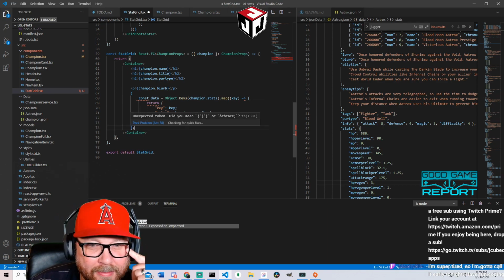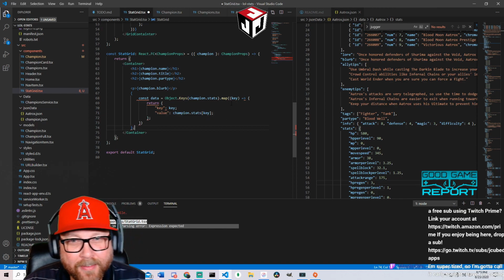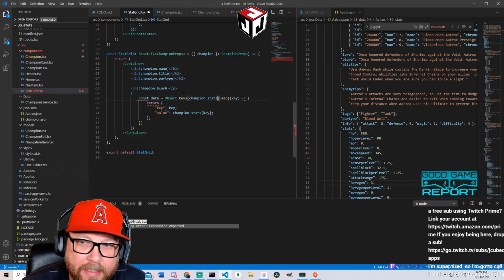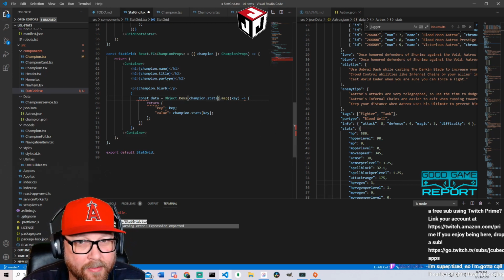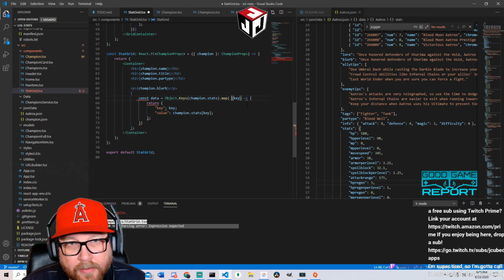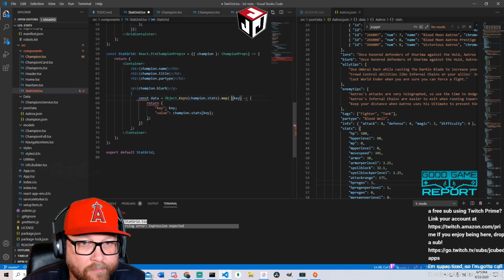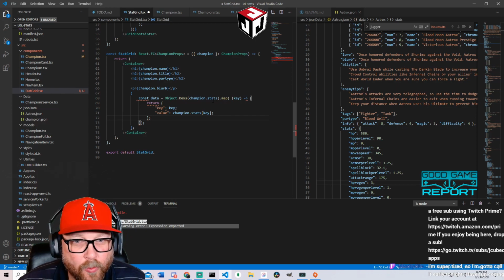Object.keys? I thought that's how I did it before. Dot map. Really doesn't like what I'm giving it here.